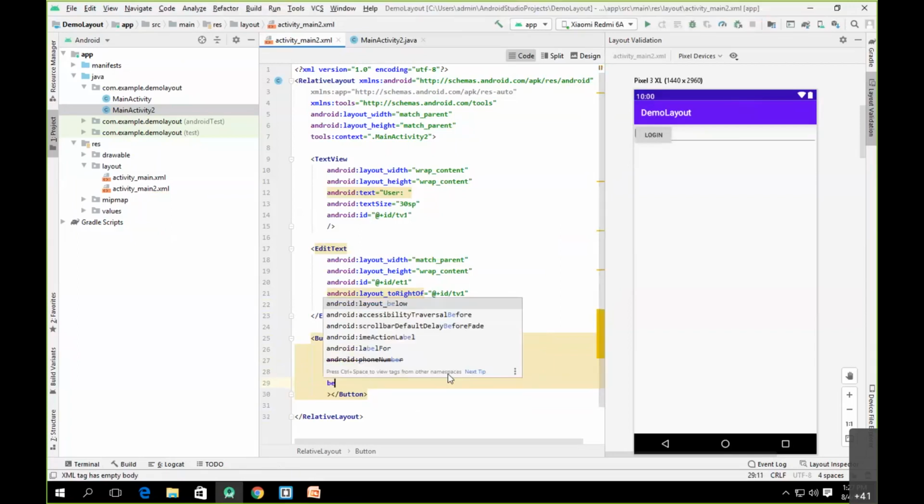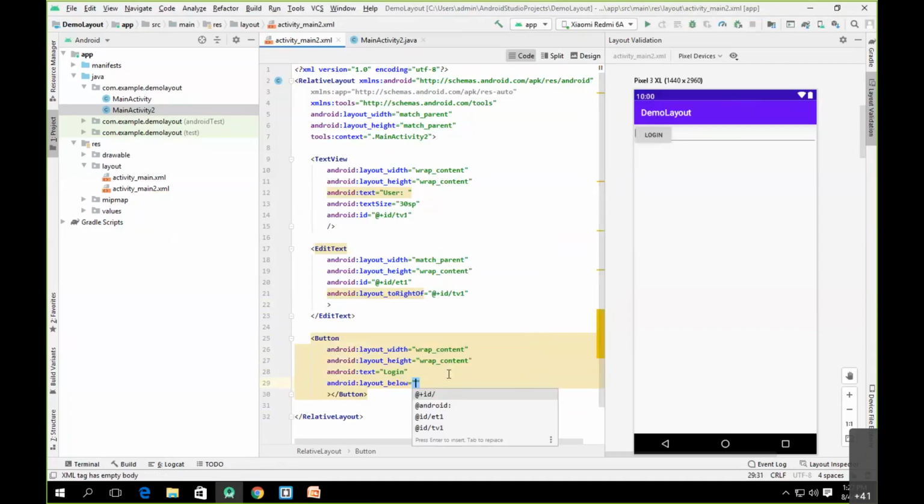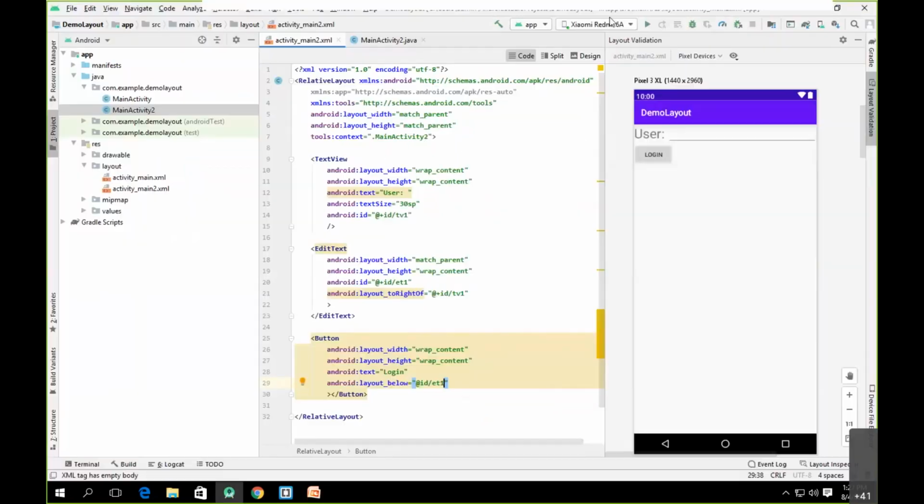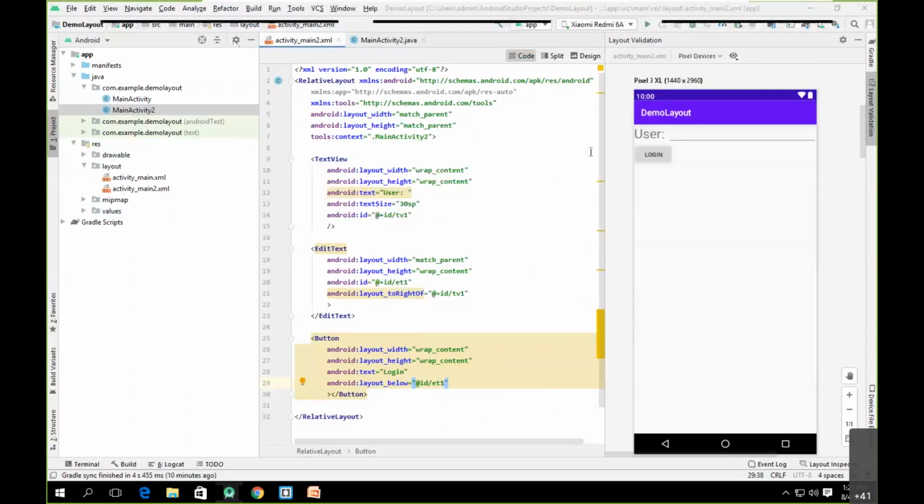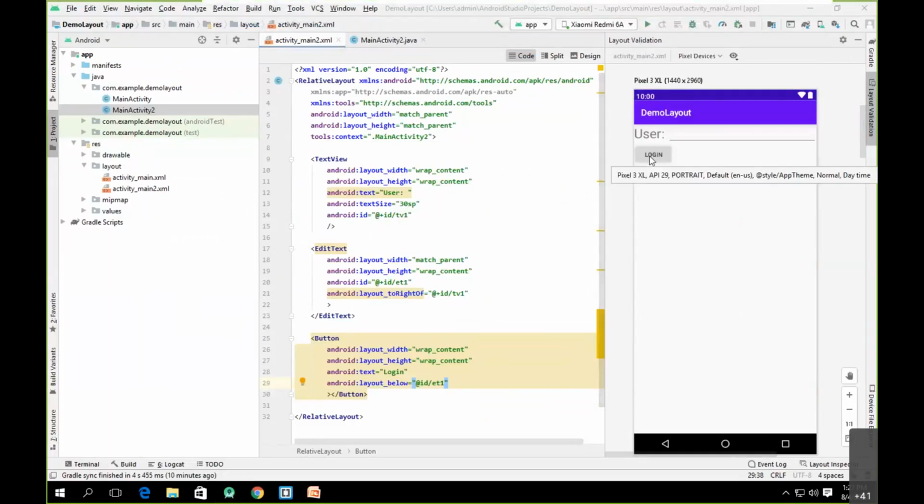Now if I use below edit text @ plus ID ET1, it will go below edit text. But the problem is where it is now aligning, it is below the edit text. But now where is it aligning? It is aligning towards the left of the parent. Now I want to give two relative positions for these buttons.